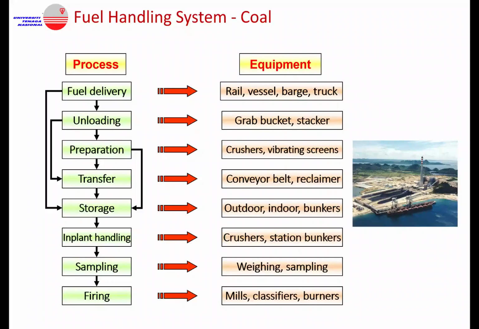Okay, since we want combustion, we have to supply fuel. We might have coal, natural gas, or oil as a source of fuel, and the amount of fuel used in the power plant is very large. It's huge. We require a huge amount of fuel in order to produce electricity. So you can imagine how much pollutant is produced when we burn a lot of fuel.